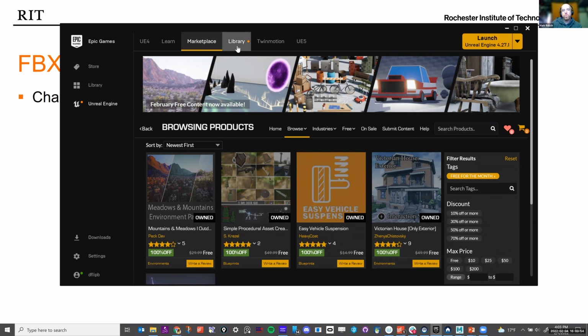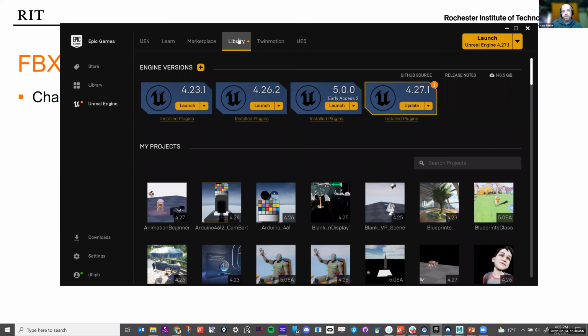Okay, so one of the places that you'll be in the most is going to be in this library. And this is where I was saying that sometimes the labs at RIT don't necessarily recognize that you have some of these versions in here, and it'll say you need to install, like this one is saying update right now, and so it'll say install in there.